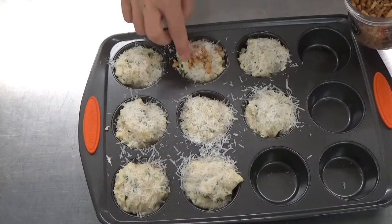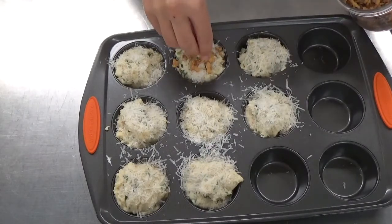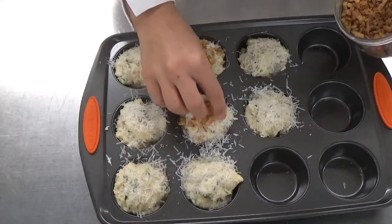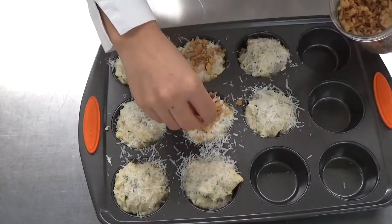I also wanted to experiment with putting some fried onions on. So on 2 of them, I just put some French's fried onions. And that was actually kind of cool. The taste was great because now there's 3 different kinds of onion in the muffin, and it gave the top of the muffin